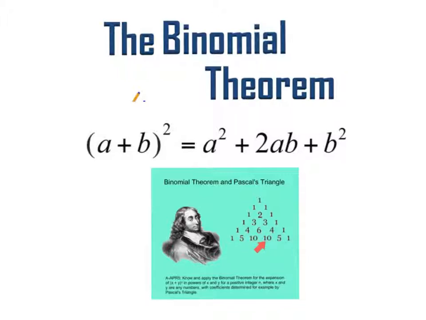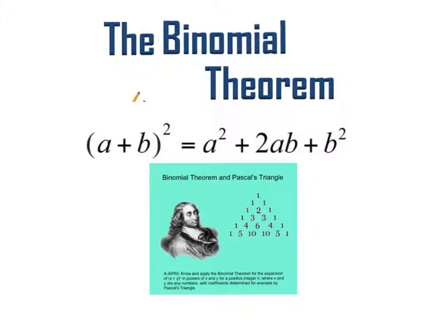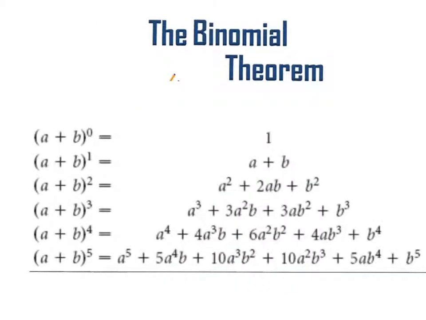6 plus 4 is 10, and then our 4 plus 1 is 5, and this continues down. So that when we use the binomial theorem, if we were to expand a plus